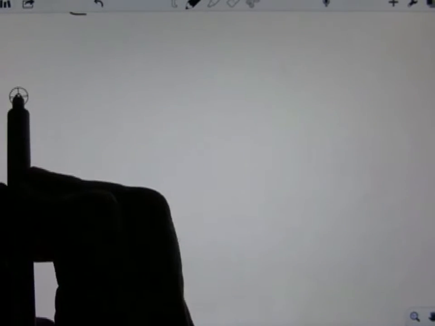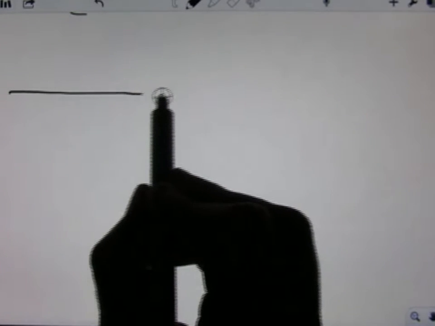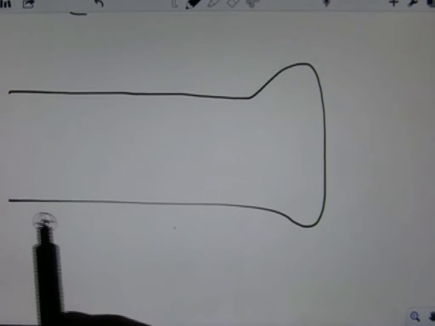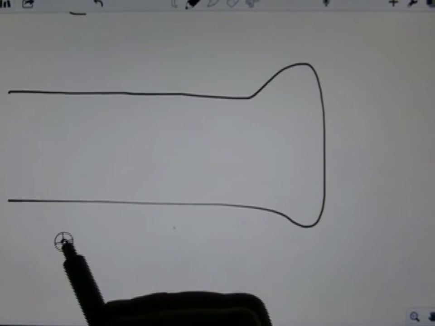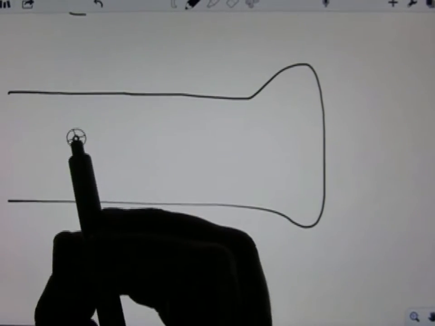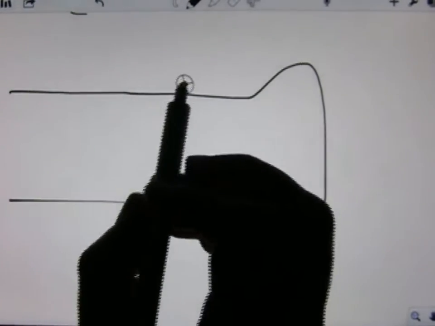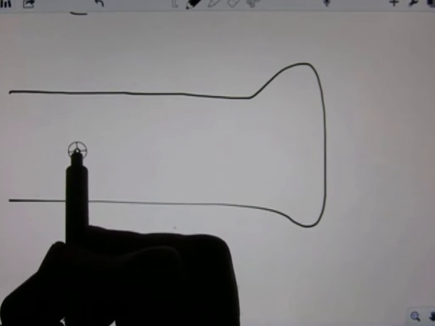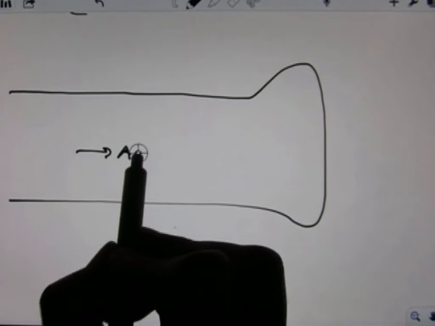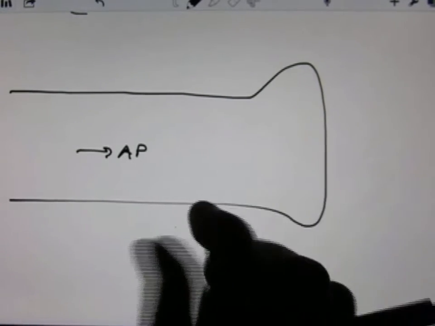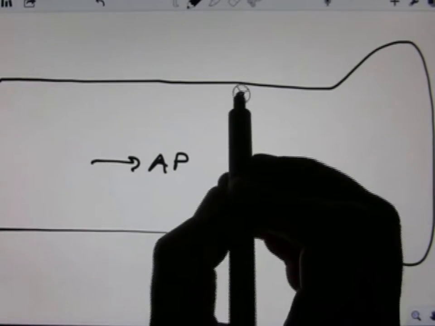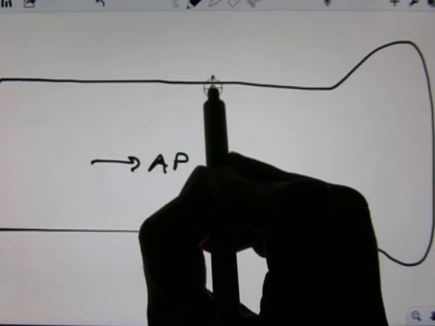Let's run through an action potential as it's coming down an axon to a synapse. So now I want you to be thinking about not just an action potential, but what happens as it gets to a synapse. So if we were looking at this particular end of an axon, we'd have an action potential coming down it. And at the leading edge of that action potential, remember we'd have